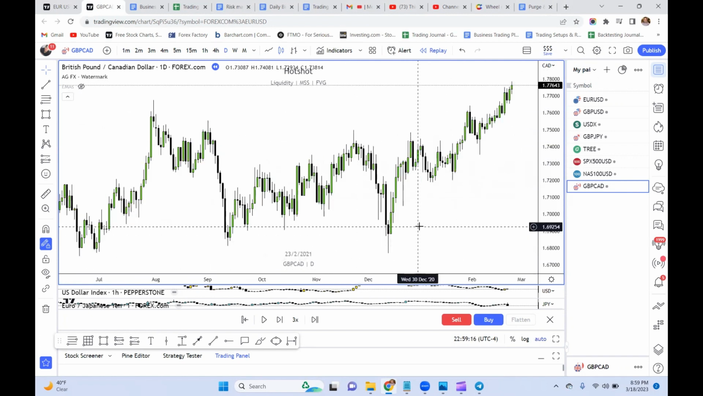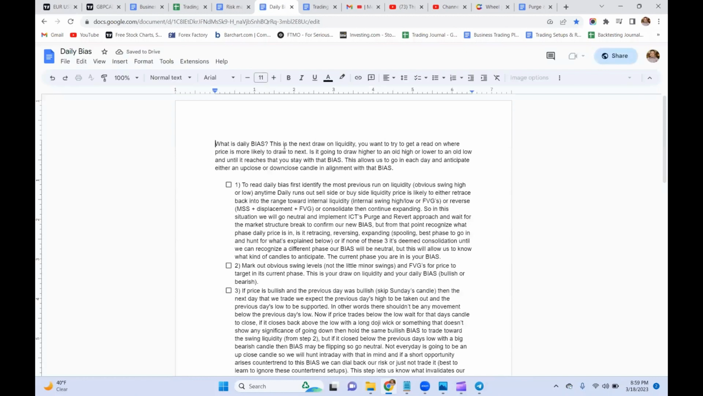Okay, so daily bias. If you don't know what daily bias is, this is the next draw on liquidity. You want to try to get a read on where price is more likely to draw to next. Is it going to draw higher to an old high or lower to an old low? And until it reaches that, you stay with that bias. This allows us to go in each day and anticipate either an up close or down close candle in alignment